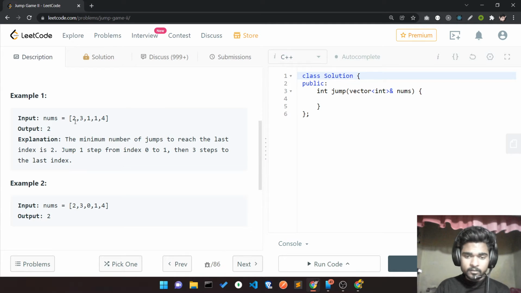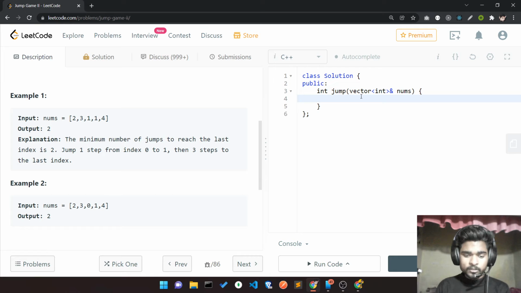This value is 0, and my current end is also 0. In that case I have to take a jump, because without taking a jump I never reach the end. So it makes a jump.